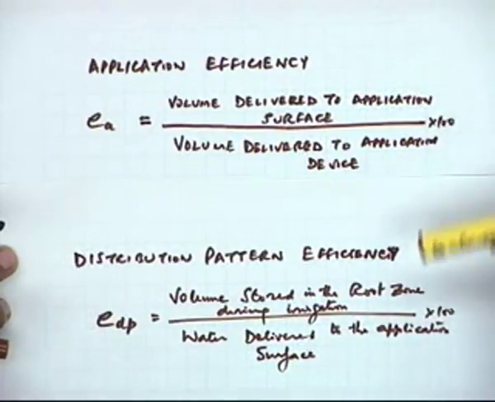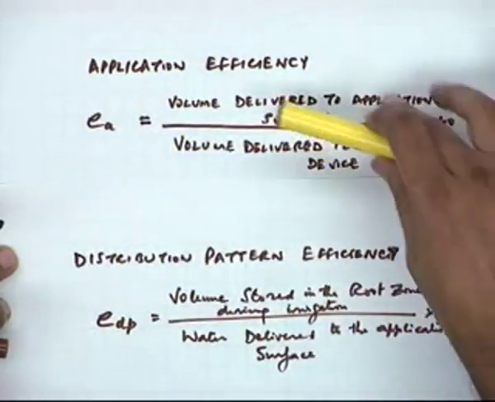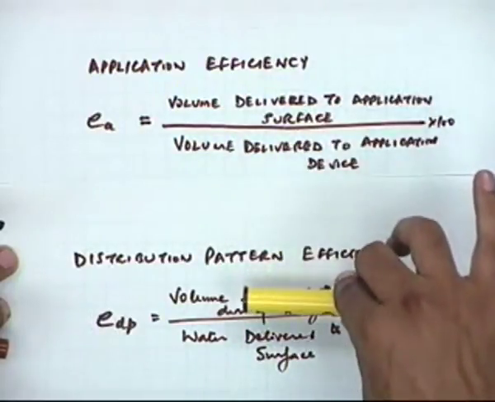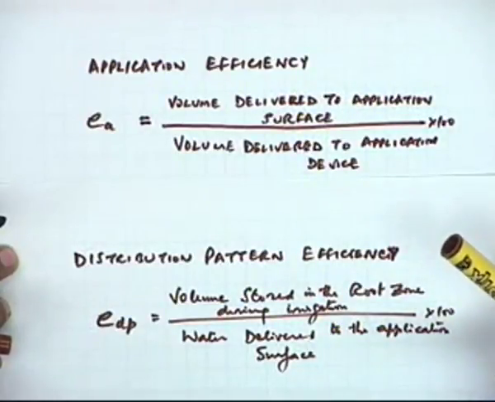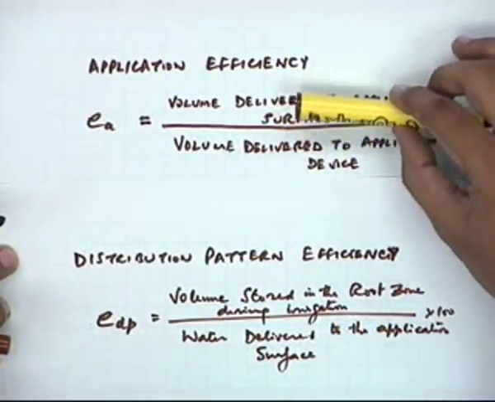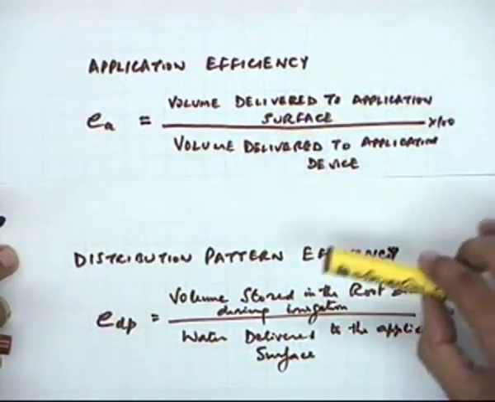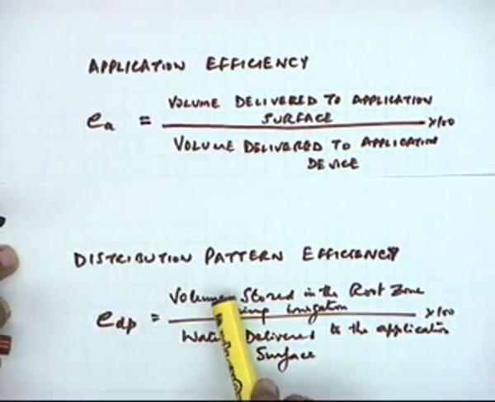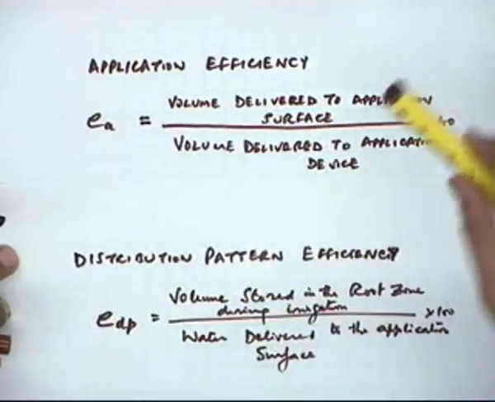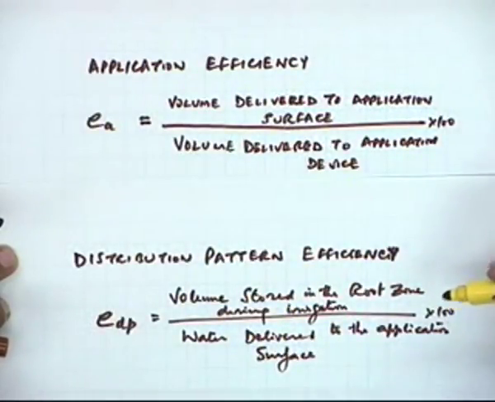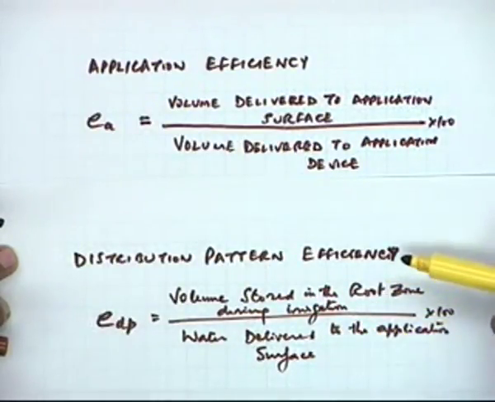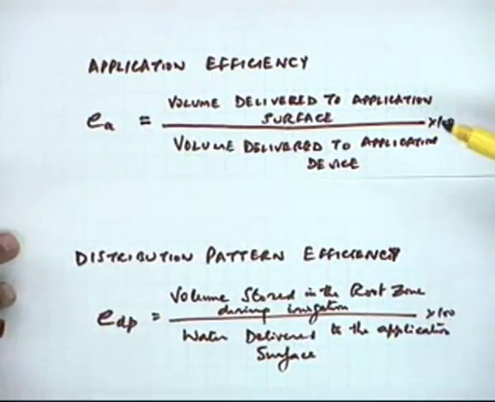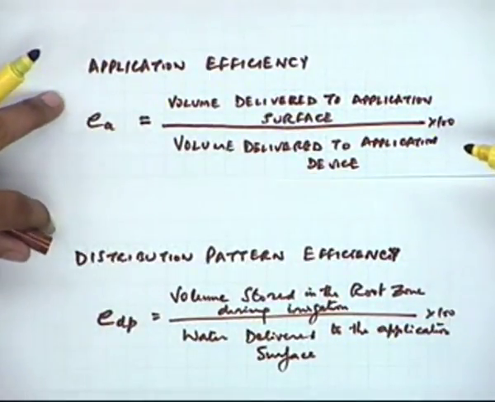So these two are taken as the application efficiency in general. But if you want to divide the two and look at how much is the impact of things like the distribution pattern, which will be quite apparent in the case of the sprinkler systems, where the losses can be quite high, you will find that this differentiation between the two parts,